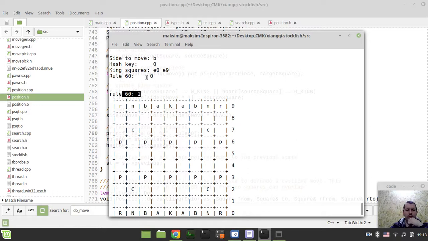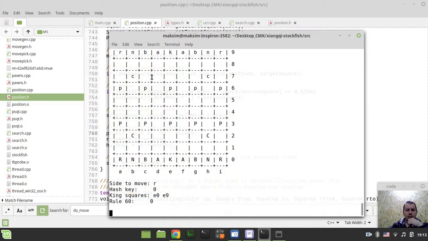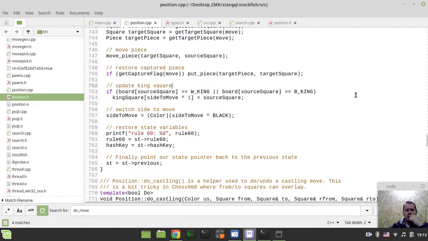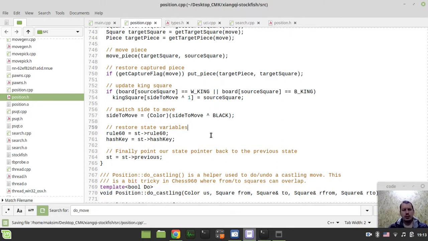Yeah, so just not seen here because it just gets restored. So when we do make a move, or hold on a sec. No, it's just some weird stuff. Hold on. As far as it does get updated,